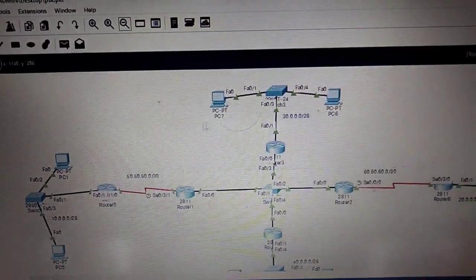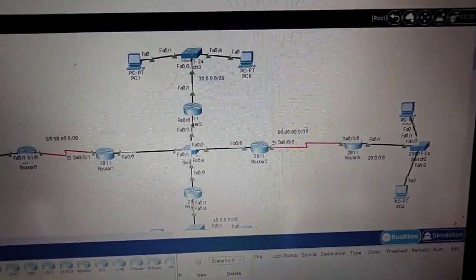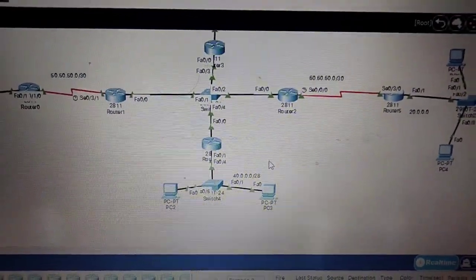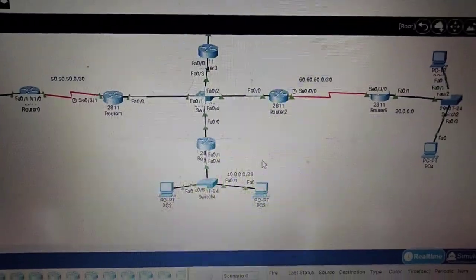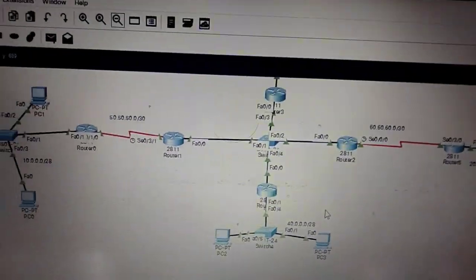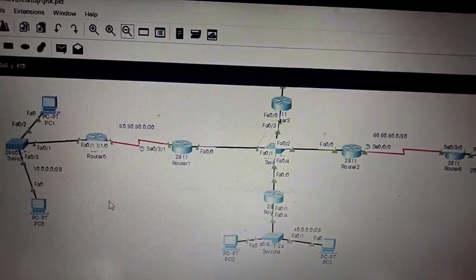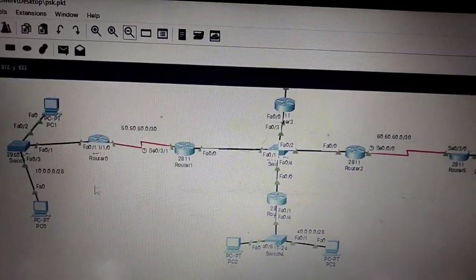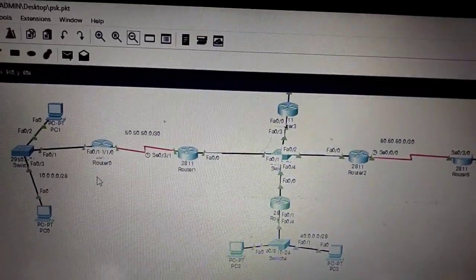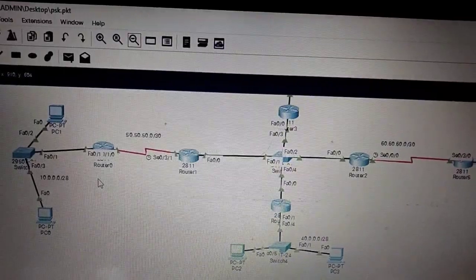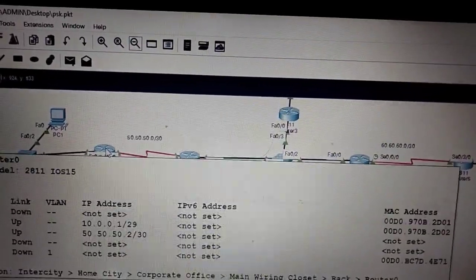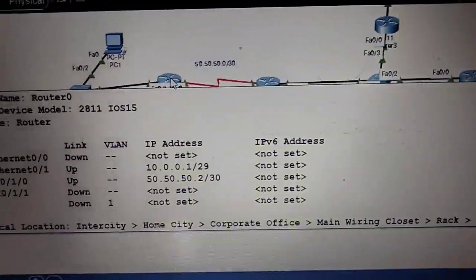These two, these two, these two and these two. These are the 8 PCs. And one more thing, after completing the commands for these signals, let's go and check this.